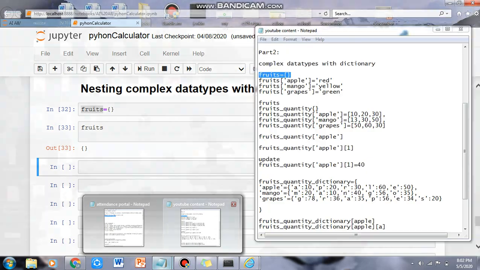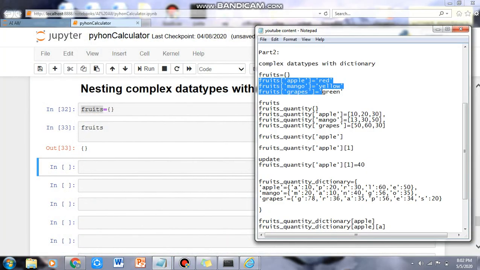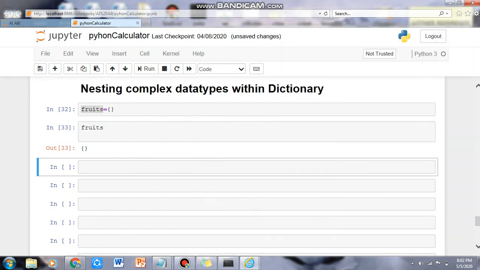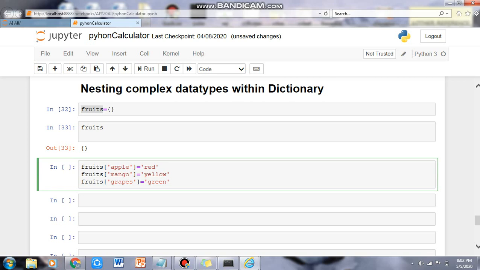And now we want to add some fruits in the dictionary we have created here. We want to add some items. As we have seen in the previous session, we can add with the name of the dictionary, inside the square brackets, the name of the key.